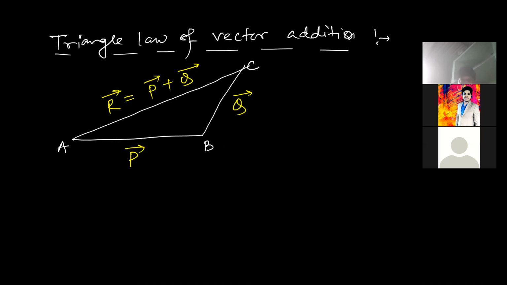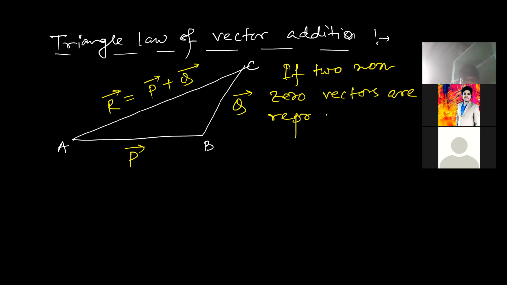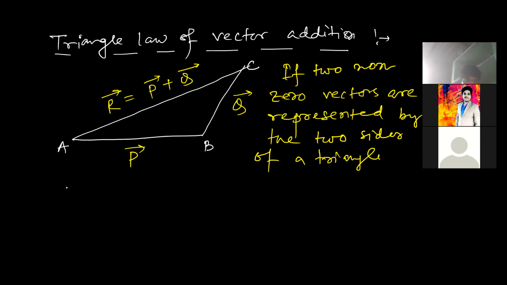Yes, sir. Okay, so now we write the law. If two non-zero vectors, non-zero meaning both vectors have some non-zero value, since a zero vector cannot be represented by the side of a triangle, are represented by the two sides of a triangle taken in the same order,